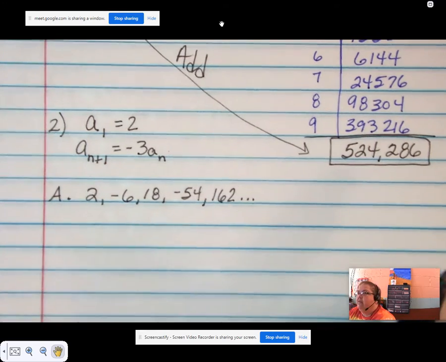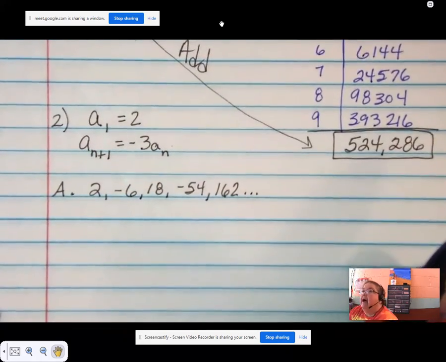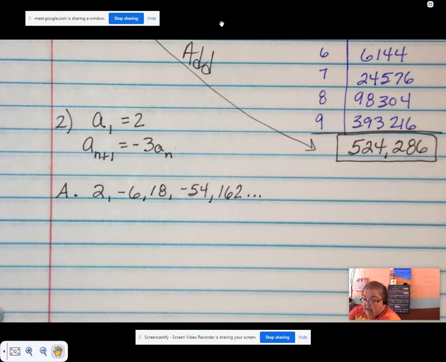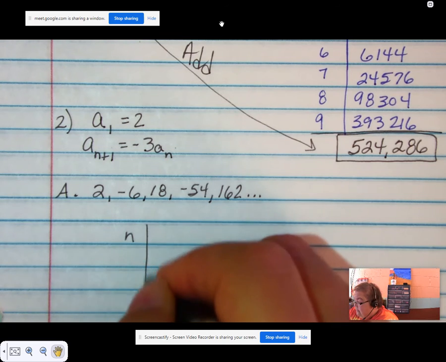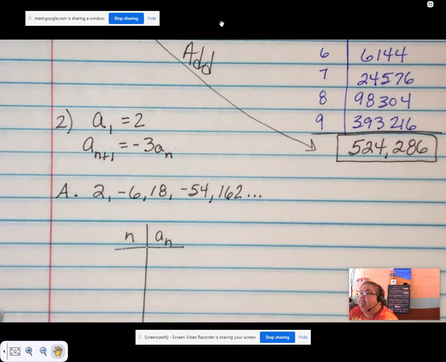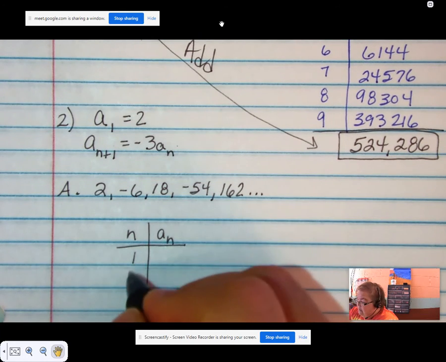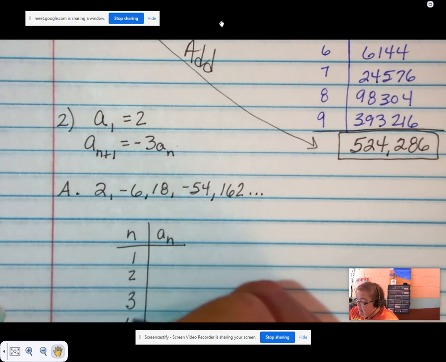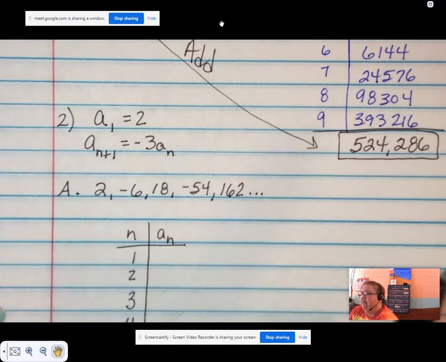How am I going to check this? Well, I'm going to tell you how I'm going to check it, because it's easier for me. I'm just going to make a table, counting numbers, and my A sub n. 1, 2, 3, 4. That should be enough to be able to tell